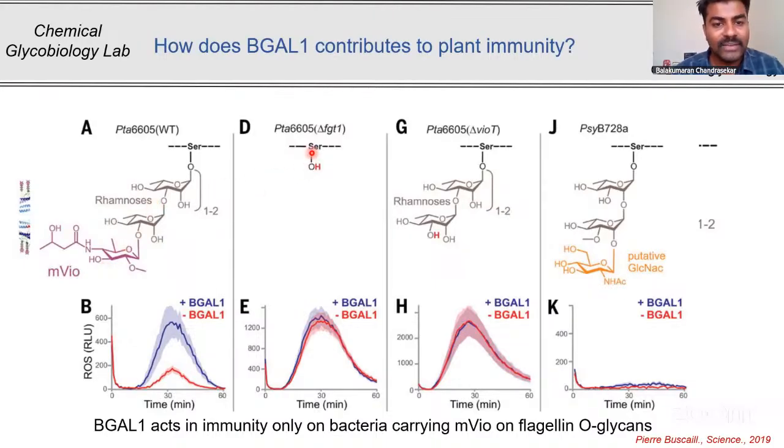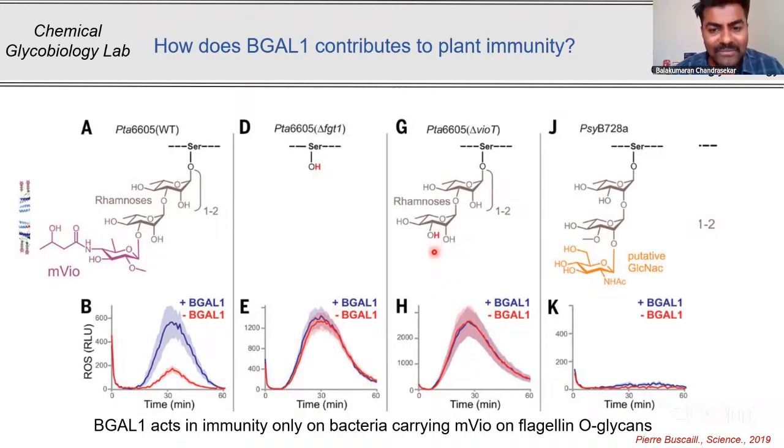So when we have the FGT1 mutant where you don't have the O-glycans at all, whether you treat it with bacteria or you don't treat it with the bacteria, the apoplastic fluids are able to process the flagellin, and it is going to get recognized in the leaf. As a result, there is no difference in their perception. You see the same response happening.